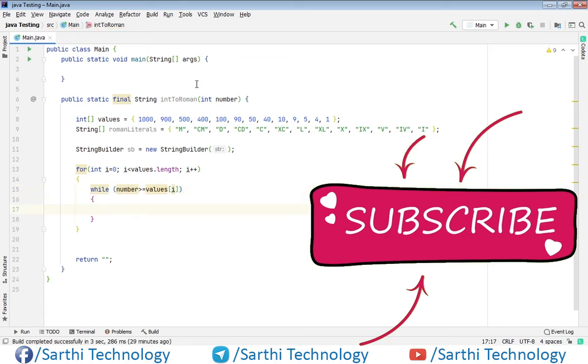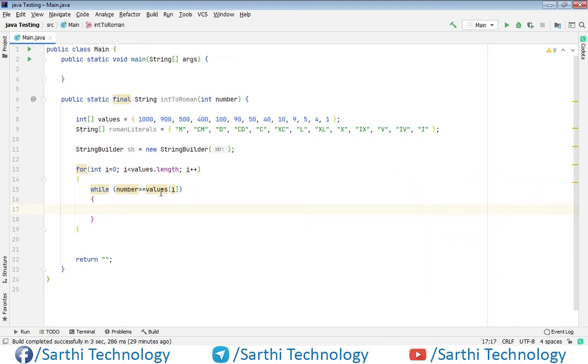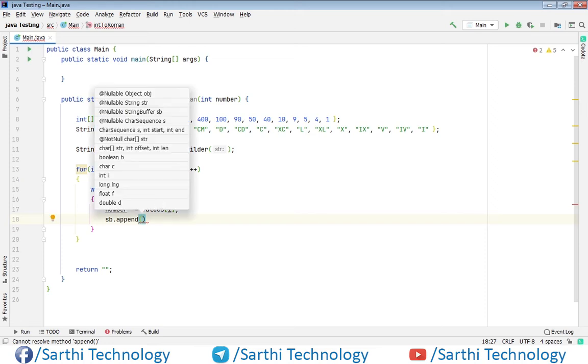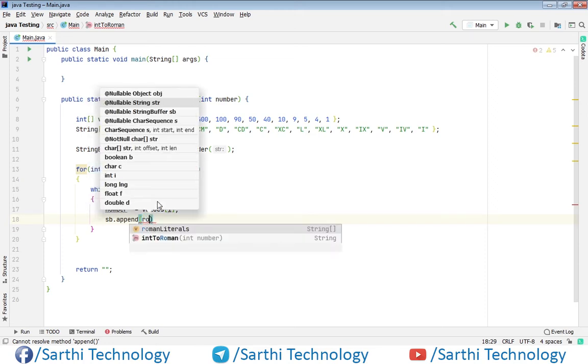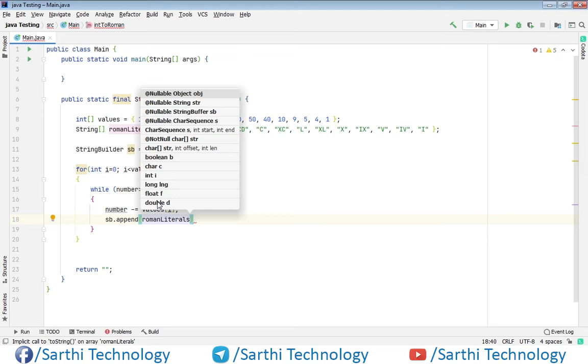So we will enter this while loop if the number is greater than or equal to values i, and here first we will subtract values i from the number: number minus equal to values i, and here we will append: sb dot append, romanLiterals i.